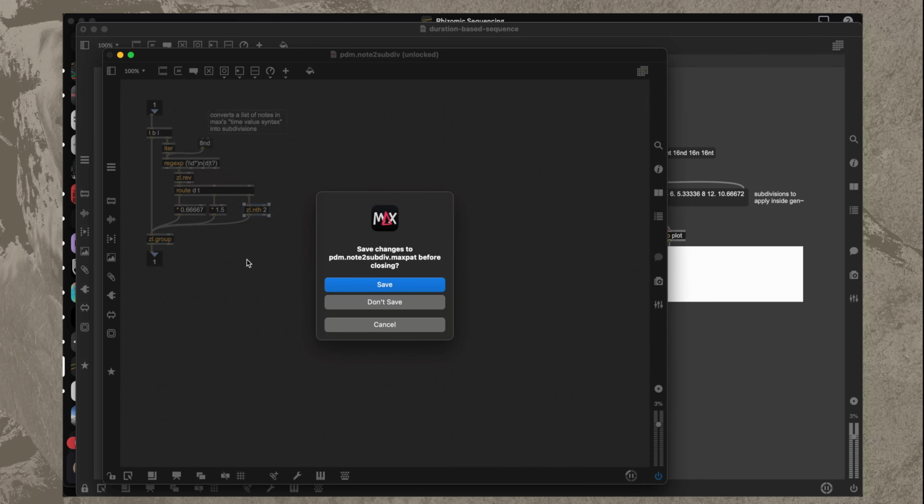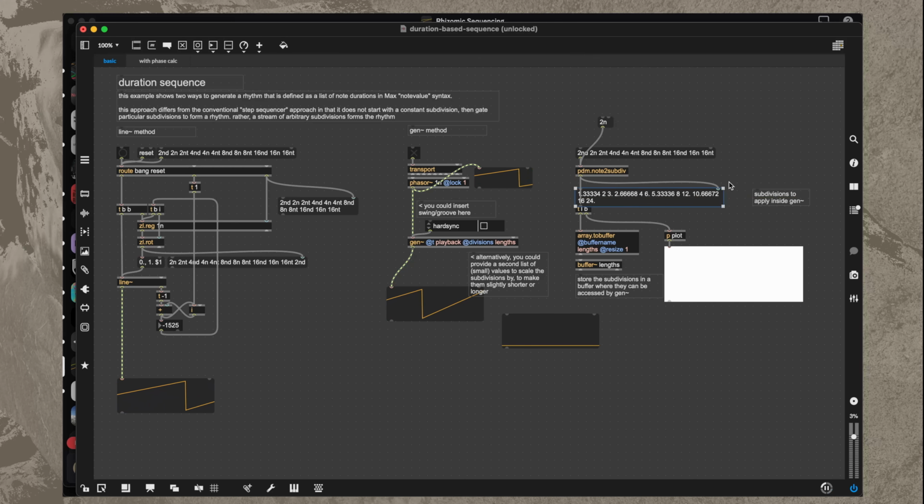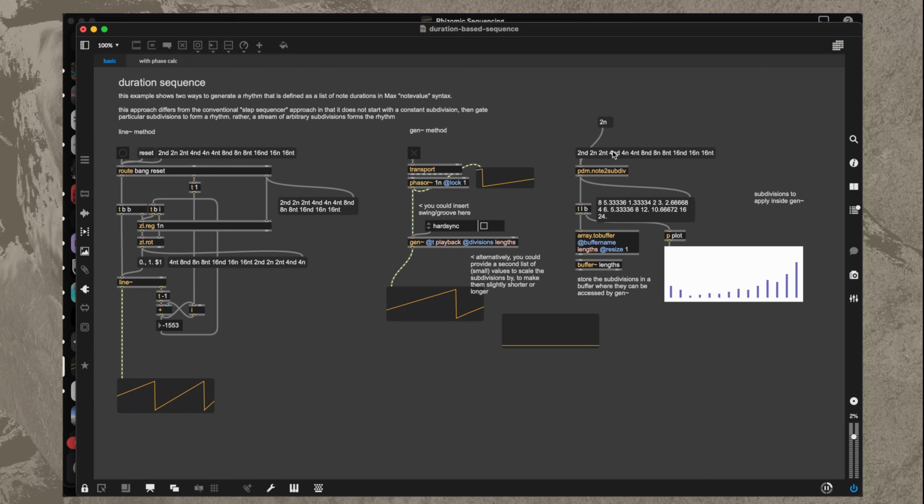So we get a new list that looks like this, which is actually the subdivisions of the input phasor, assuming that the input phasor is 1 bar, right? We then put that into a buffer, and that used to be a lot harder than it is now. We can now use this array.toBuffer, which is really handy. So we just tell it what buffer we want to put the numbers into, and then it's nice here to also specify resize 1, which will automatically change the number of samples in the buffer to fit our data,